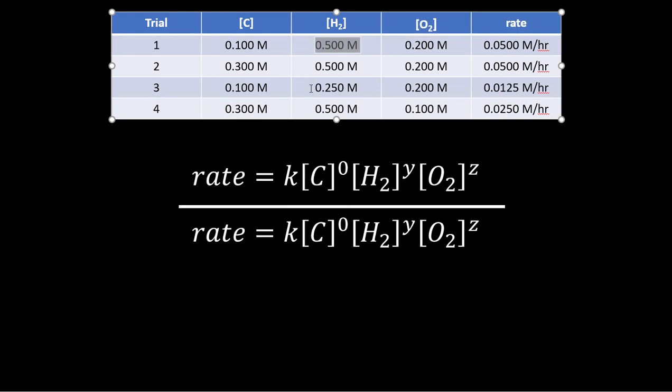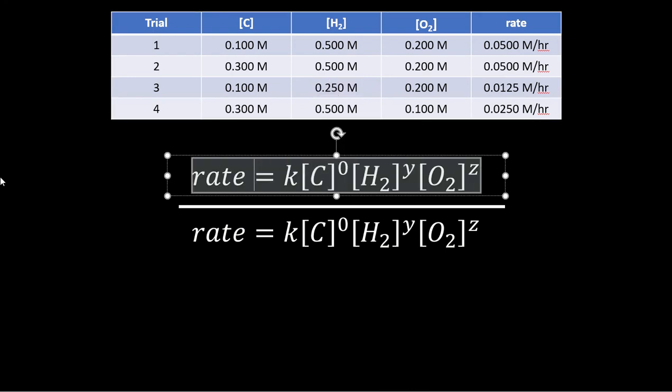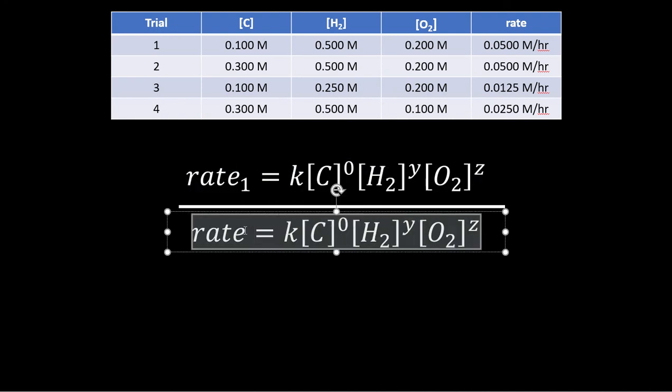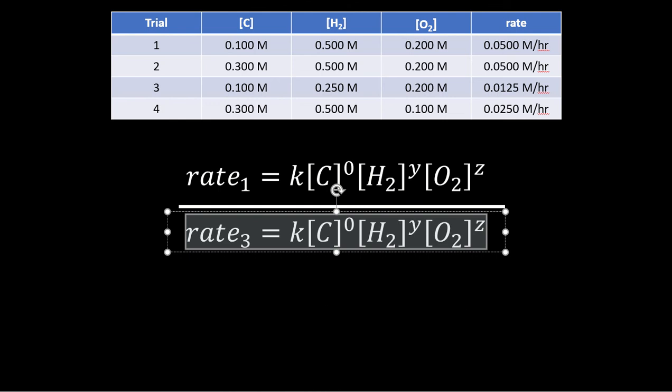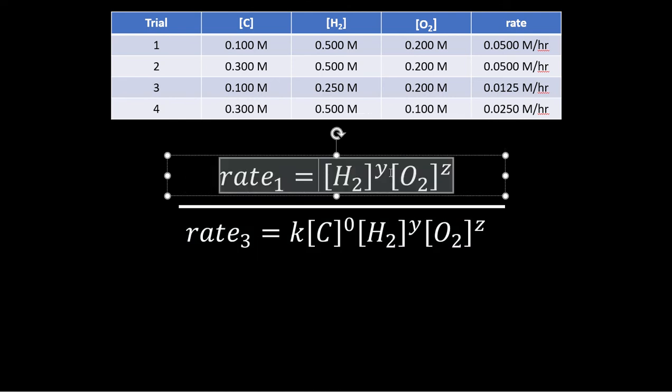In trial 1, it's 0.5. In trial 3, it's 0.25. Therefore, 0.5 is higher, so it's easier, in my mind, to keep the higher value in the numerator. So what I'm going to be doing is taking the data in trial 1 and dividing it by the data in trial 3. And that will essentially cancel out much of these things